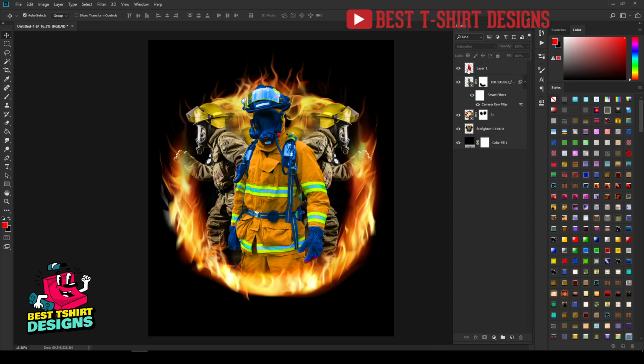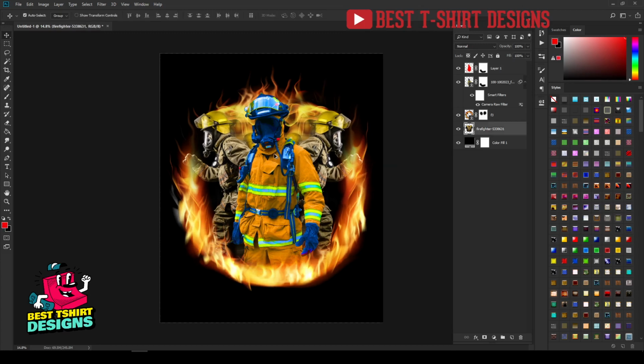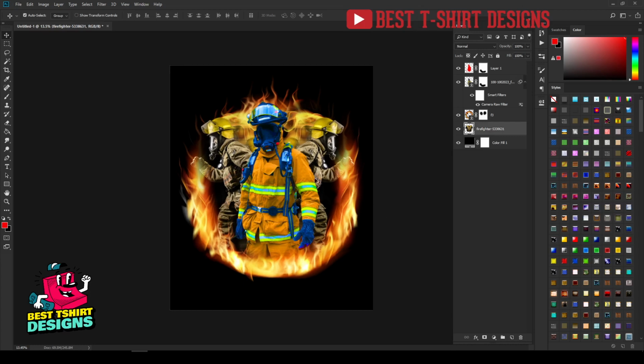So in this layer, if I want to hide any part, I can simply create another layer mask, take my brush tool, and paint on some area that I don't want. Something like this is fine. And then here, in this area you can see there are some blacks in the design.